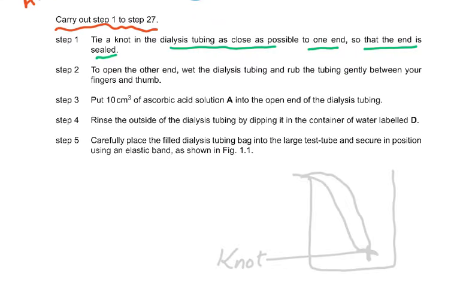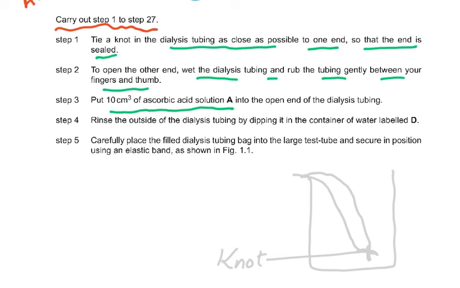So tie a knot in the dialysis tubing as close as possible to one end so that the end is sealed. To open the other end, wet the dialysis tubing and rub the tubing gently between your fingers. Now, this is a little difficult, but it does happen. You just have to be patient and persistent. Put 10 cm³ of ascorbic acid solution A into the open